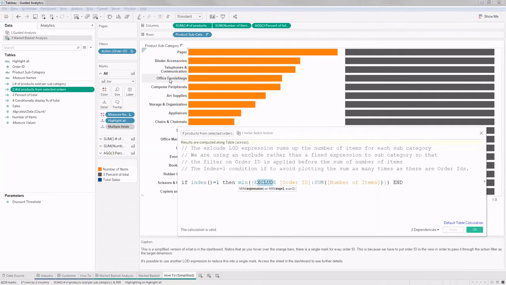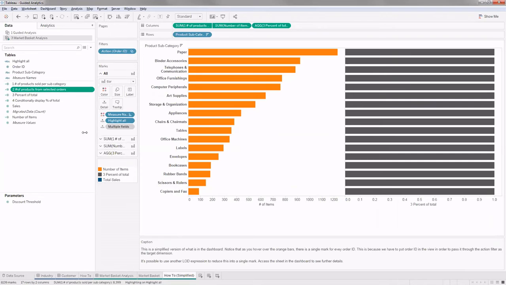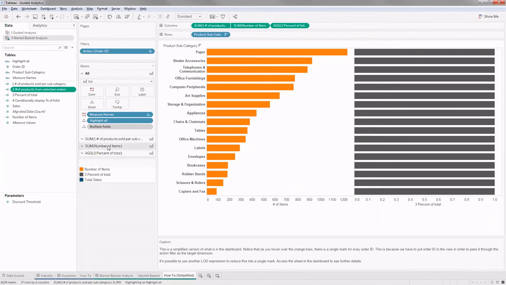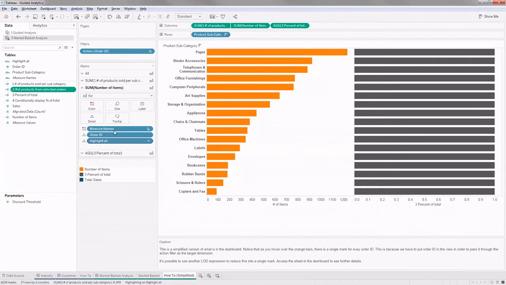That means I'm taking into account the visualization level of detail as well. And for this particular calculation, what is my visualization level of detail? Though on the screen there is only subcategory, for this calculation I have order ID in detail as well.